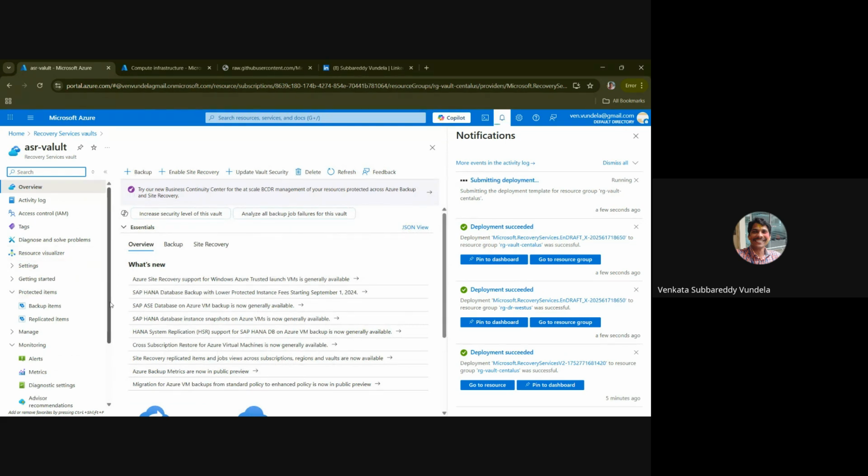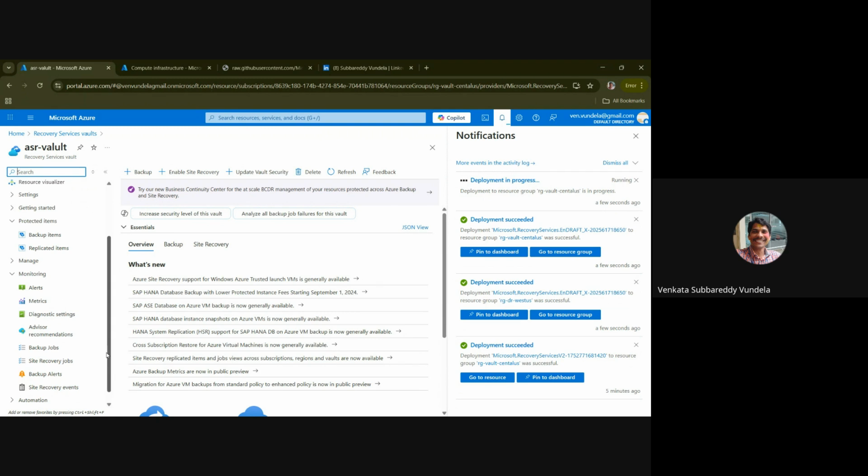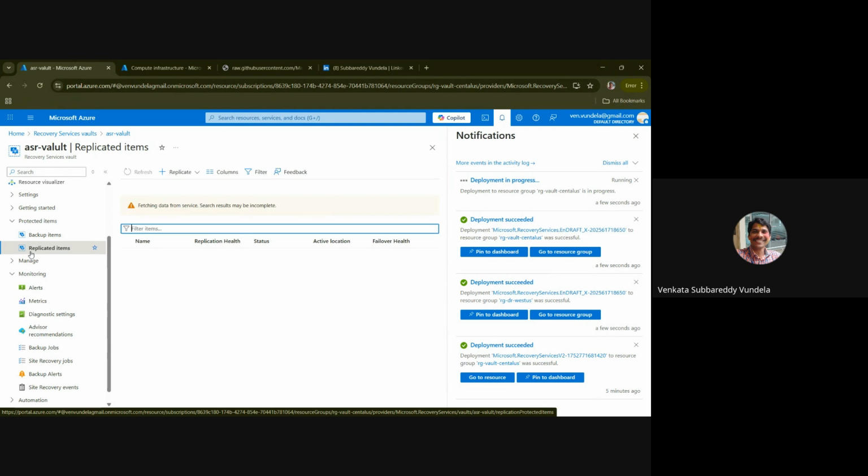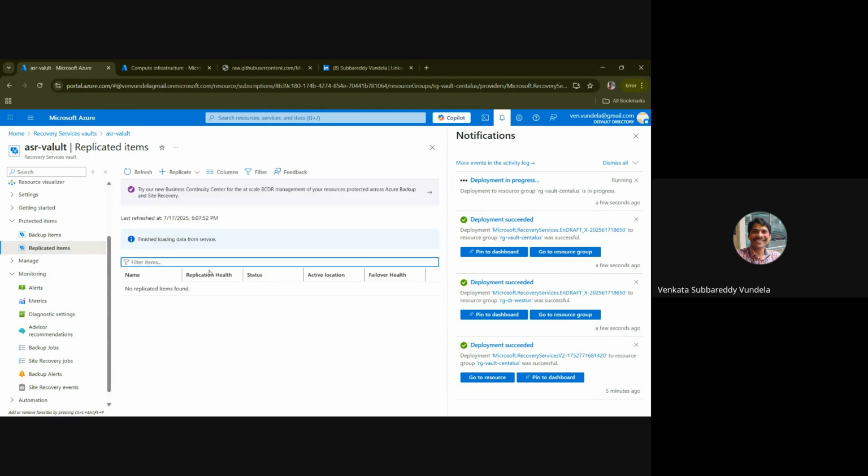As I said, go and see the monitoring. We can monitor the current status of the recovery jobs. Just wait for the deployment to succeed, or go to the replicated items. Here also we can see the status of the replication. It may take 1 or 2 minutes.